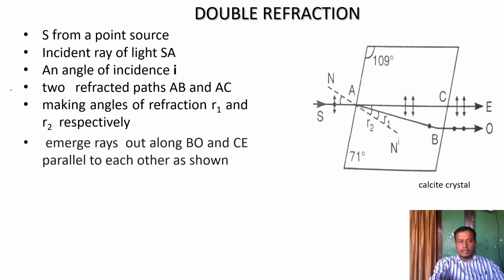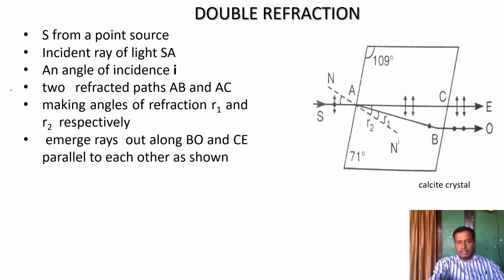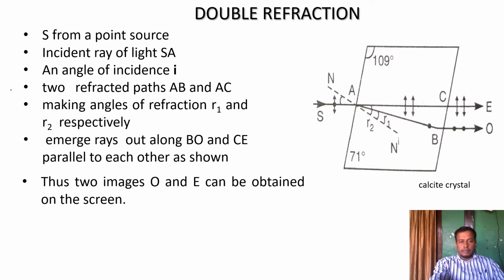After this, BO and CE are the two emergent rays coming out. BO is called the ordinary ray, and CE is called the extraordinary ray. They are obtained on the screen. These two rays BO and CE are parallel to each other,